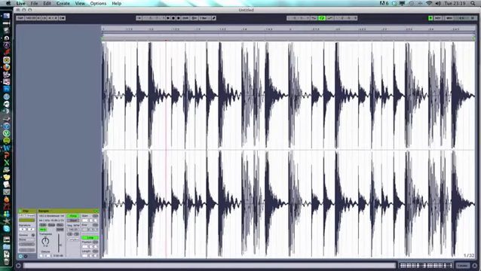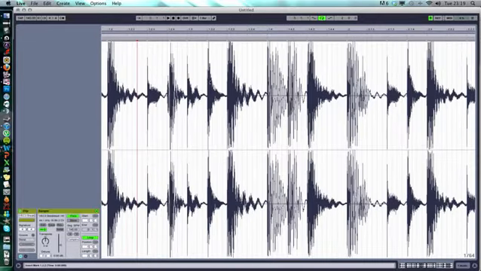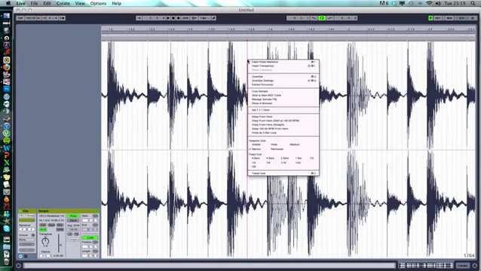Basically what we want to do is make it so that we can slice it up on these markers. So quite simply, hold down Control, and click. You can insert more markers if that's what you want to do, but for this purpose, because it's already found them automatically,